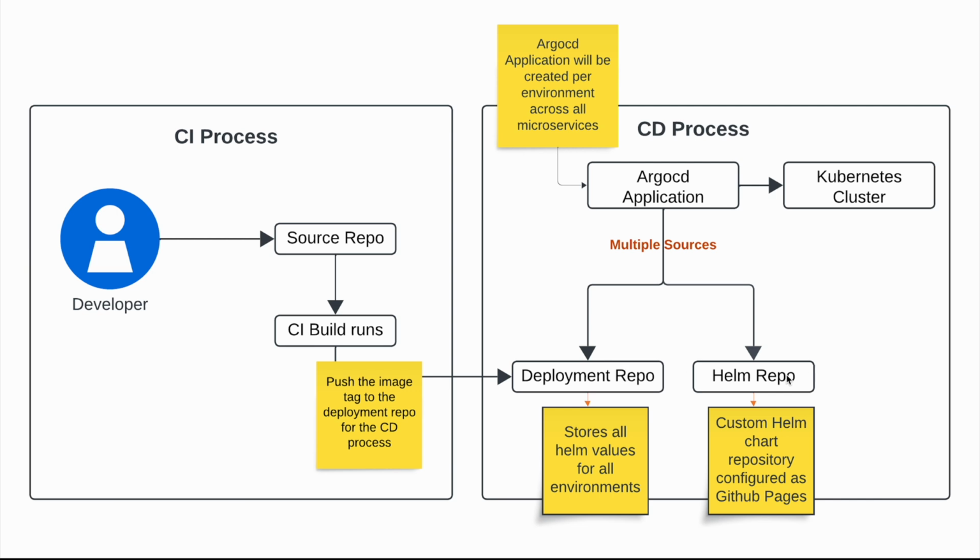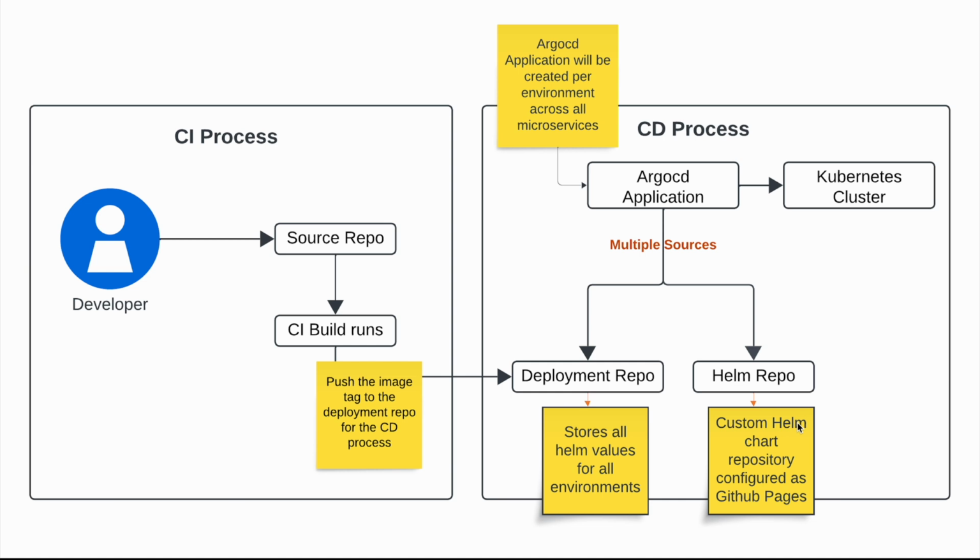The Helm repo. Why have I included that here? Because we are deploying using a Helm chart. So you cannot put your Helm configurations in deployment repos, because then you have to push it for all your microservices, right? If you have 20 microservices, the same code you are going to put in so many places. So for that reason, people generally create their custom Helm chart